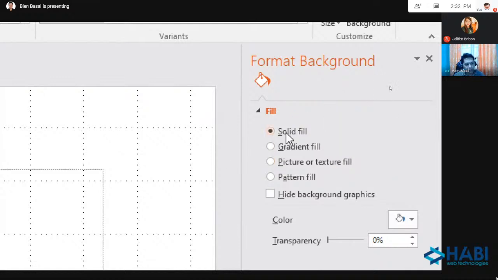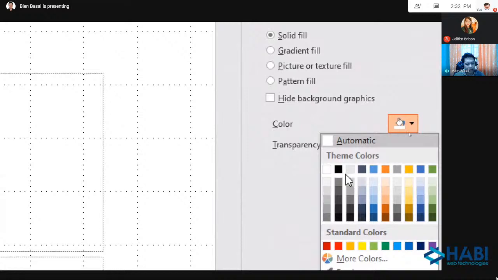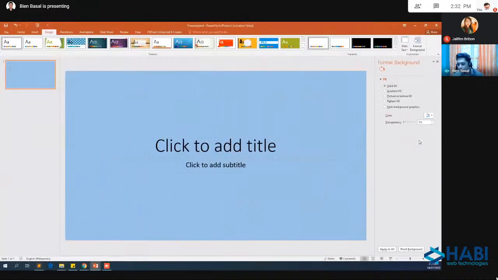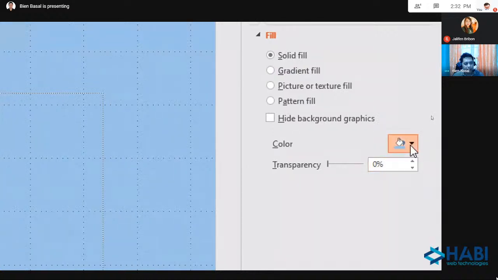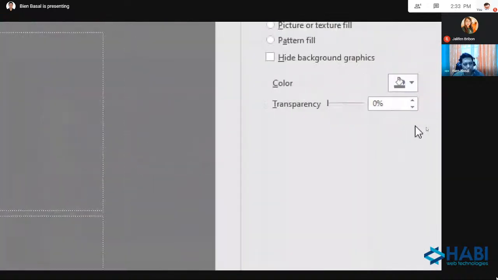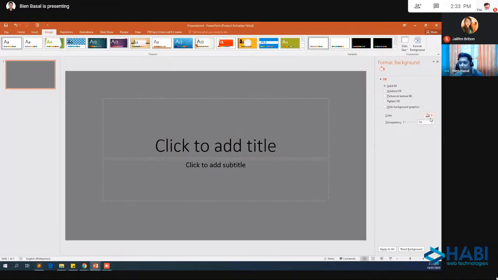I will use solid fill and let's check kung ano po itsura niya. I will select solid fill and here, meron po tayo ritong color, parang palette po niya and just select po ng kulay and you will see yung output po. Very straightforward po, di ba? Napakasimple lang. Okay, select lang po yung kulay and check nyo lang po yung output kung ano itsura. We have here transparency. Kung kaya nyo po itong gamitin, itong transparency natin ng mas effective, mas makakagawa po tayo ng maganda pong output.